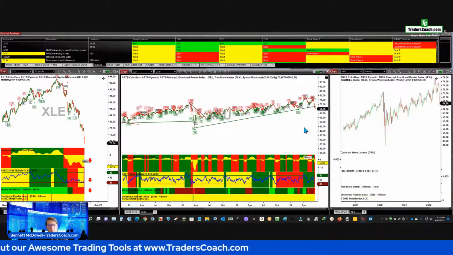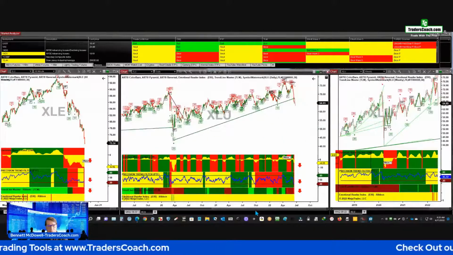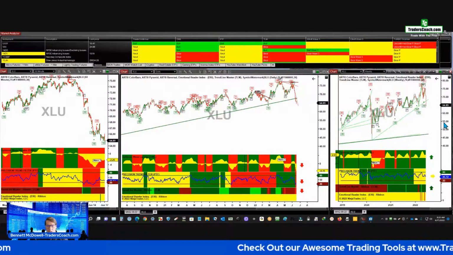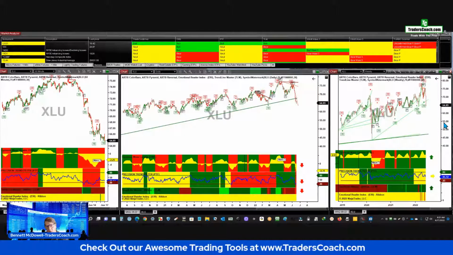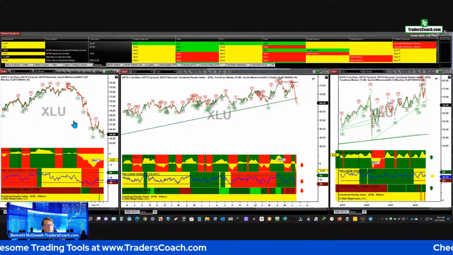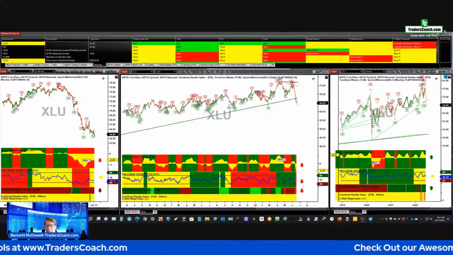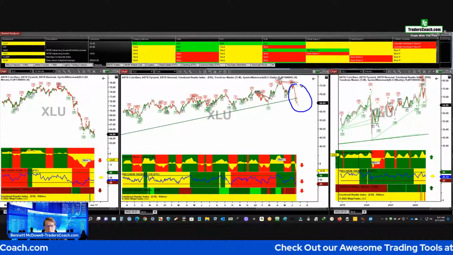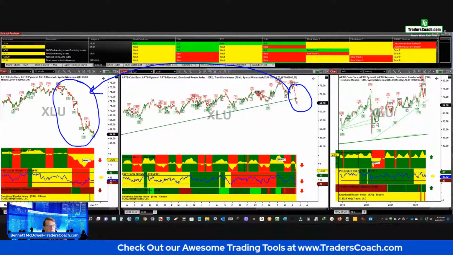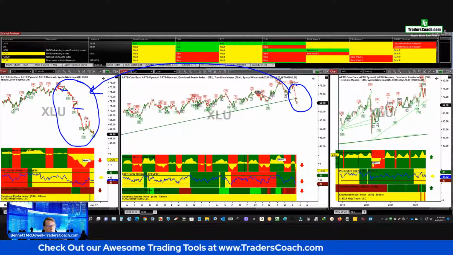And give that a second to load there. All right, that's kind of, boy, that's a tough chart to trade on the daily or the weekly, because look how volatile it is. But notice if you drop down to the right time frame, like the 60-minute, it's an easy trade to trade these swings in the market. So this is being represented by this, and the pyramids pick that right up. Okay, so you're in pretty good shape if you're trading that.